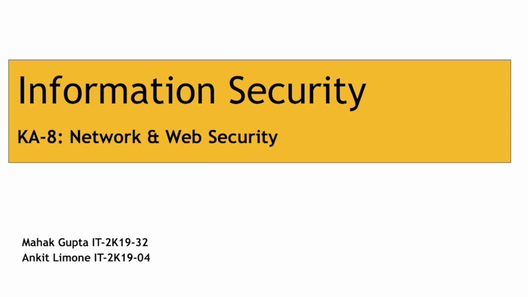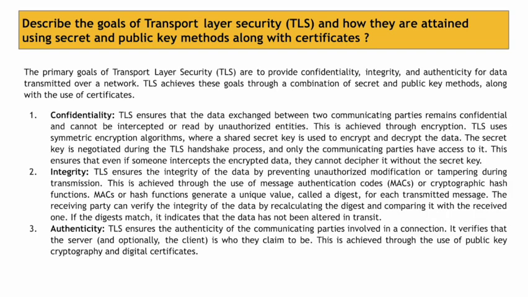So let's get started. The first topic is to describe the goal of Transport Layer Security, short form TLS, and how they are attained using secret and public key methods along with certificates. The primary goals of TLS are to provide confidentiality, integrity and authenticity for data transmitted over a network. TLS achieves these goals through a combination of secret and public key methods along with the use of